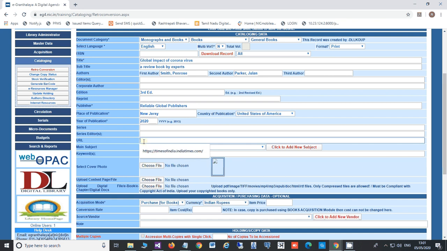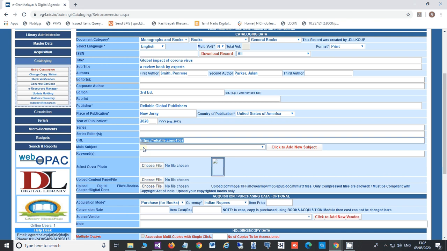Book URL: if the book is available online, many of the books may be available online and you can find their URL on the book itself. In that situation, you just type the complete URL address. I am putting here some imaginary publisher name, URL along with the book title. Whatever URL you find on the book, you need to type that.